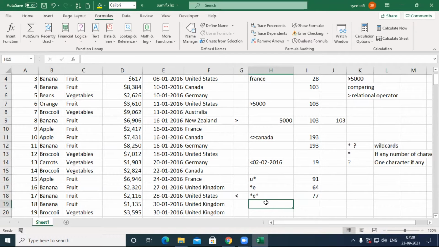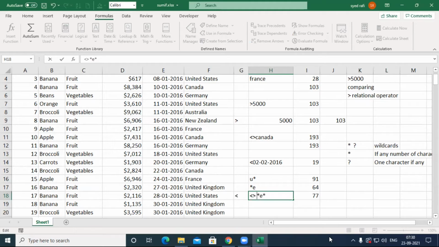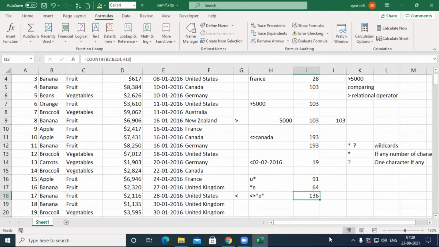If I place it here like this, what happens? Those names that do not contain E. What is its meaning?